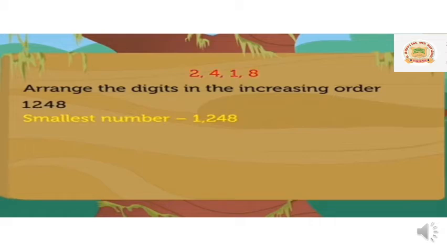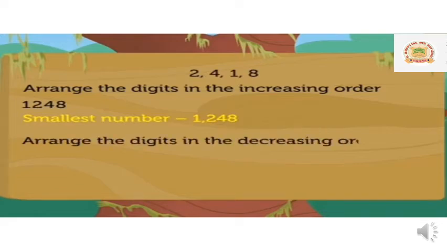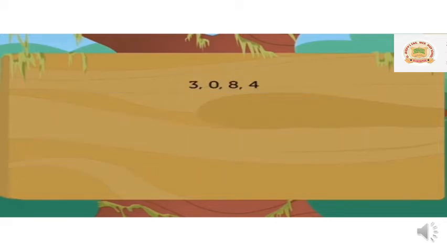Now to form the biggest number using these digits, we arrange them in the decreasing order. Decreasing means bigger to smaller. So 8, 4, 2, 1. The sequence is 8, 4, 2, 1. So the greatest number is 8421. Let's go for one more example,